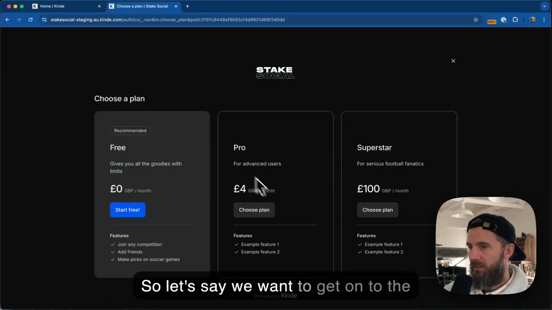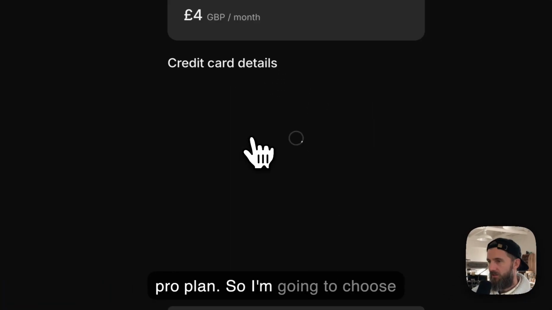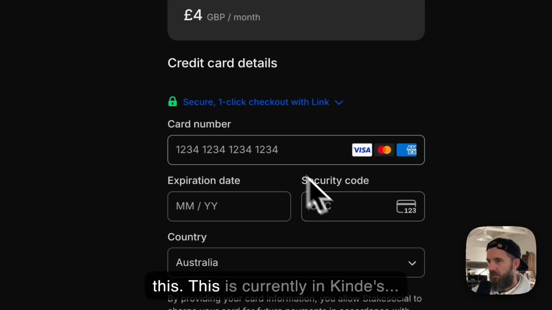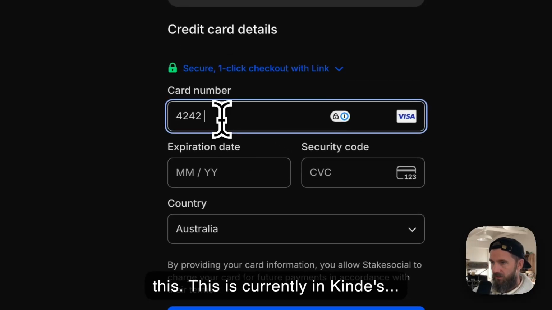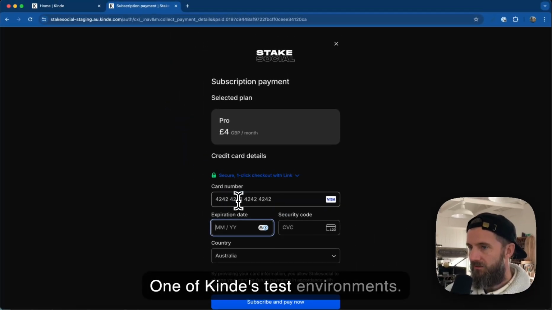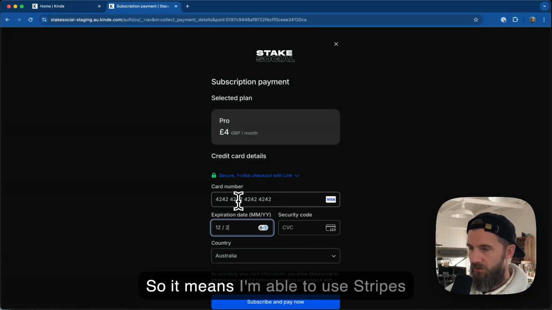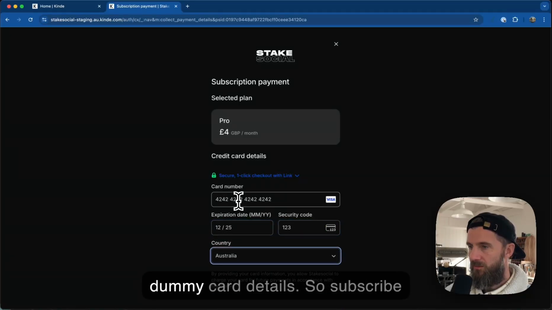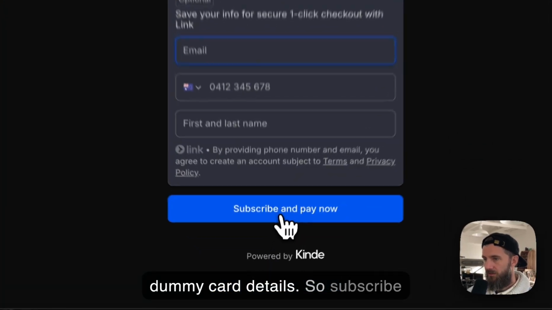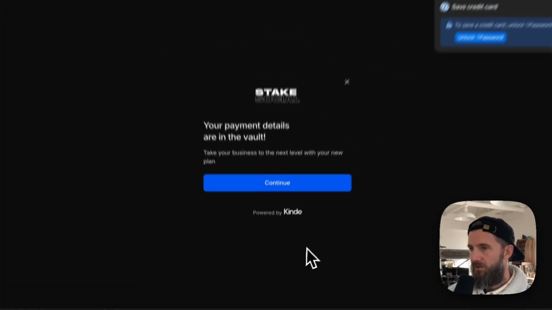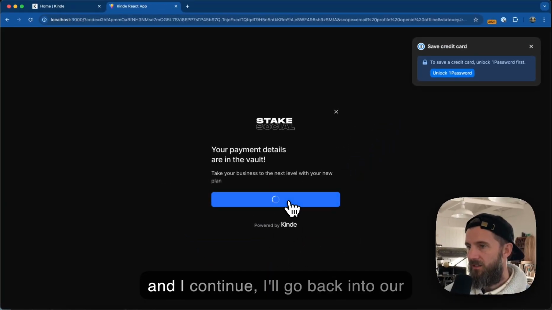So let's say we want to get onto the Pro plan. So I'm going to choose this. This is currently in one of Kind's test environments, so it means I'm able to use Stripe's dummy card details. So if I subscribe and pay now, once the subscription is complete and I continue, I'll